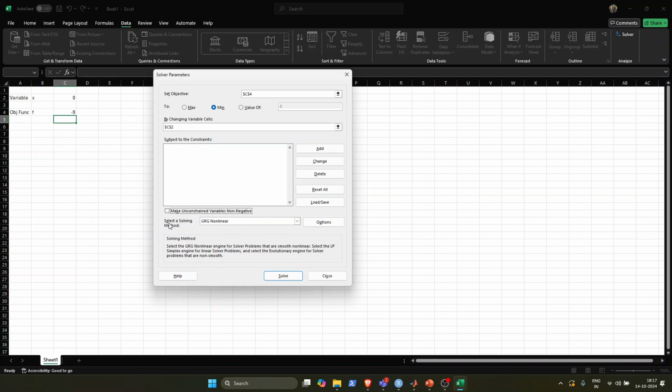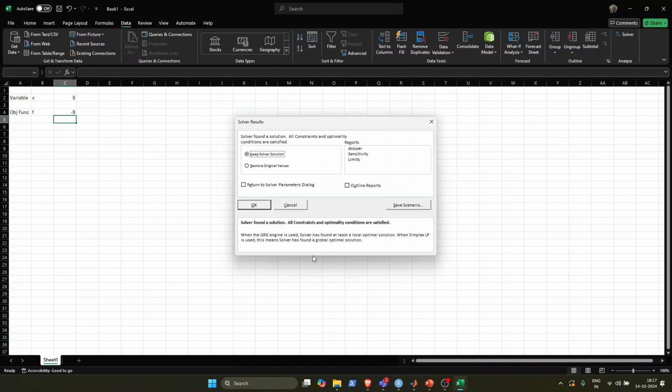Here again you see there is select a solving method. There are a few methods you can see here: GRG Nonlinear, Simplex LP, Evolutionary, and so on. First of all, as it was mentioned, we'll take GRG Nonlinear and then we'll solve. You can see the option keep solver solution or restore original value, so we'll just keep solver solution. If you click OK,